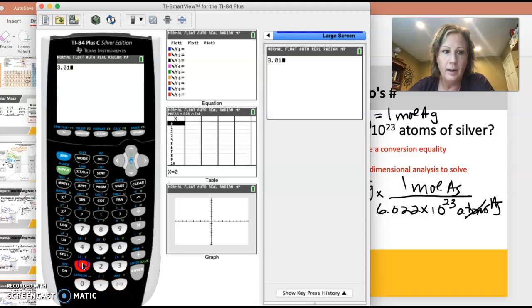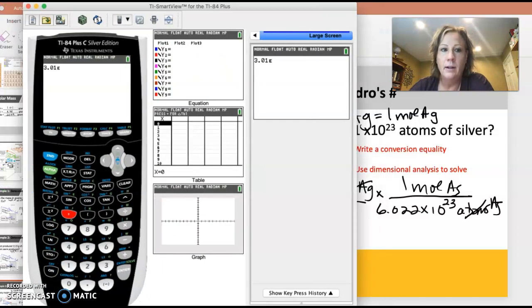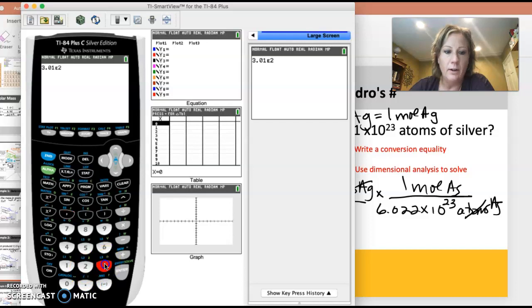the 3.01, and instead of writing times 10 to the with the little caret key, I'm going to go second, and you see the little EE? That is the power. So I'm going to put in 23. So that when I write it that way, it's the same as 3.01 times 10 to the 23rd. And then I'm going to times it by 1, which I don't need to do, and then I'm going to divide by Avogadro. So 6.022